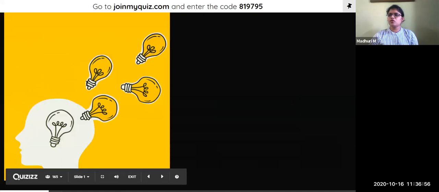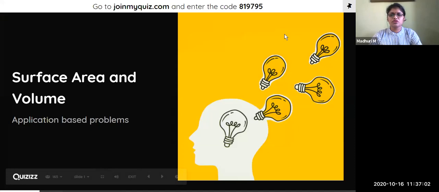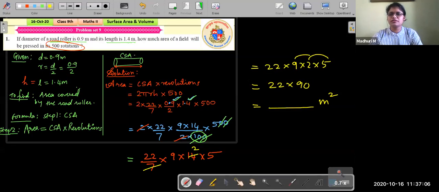Now we will be back to our original screen, that is, we will be back to our problem solving screen. So let us work out the second question. The answer for this was 1980, simple multiplication, right, students? This was simple multiplication. The answer was 1980 meters squared. And now we start working on the second problem.